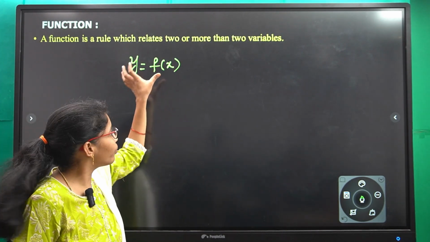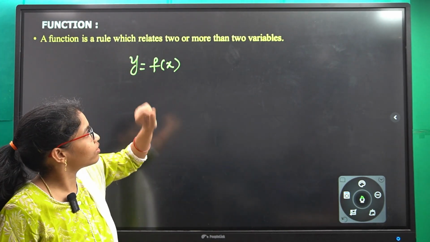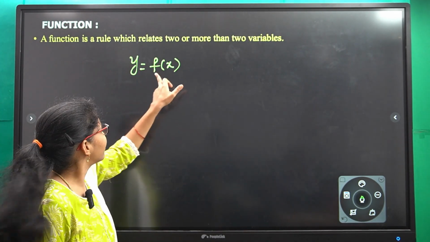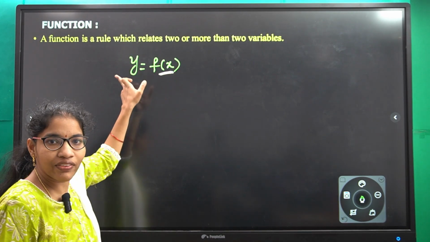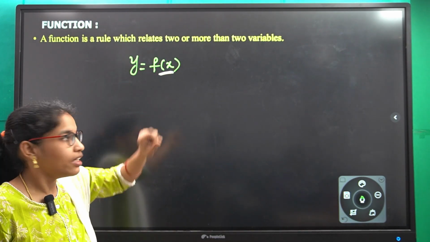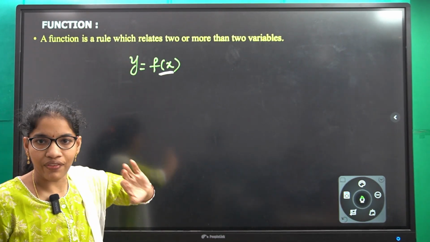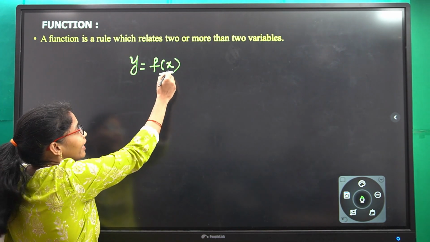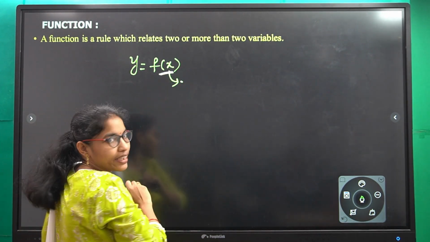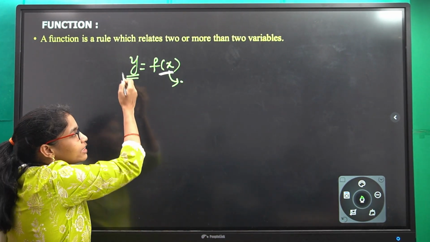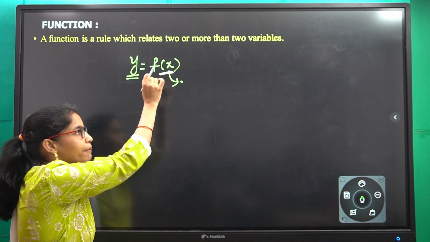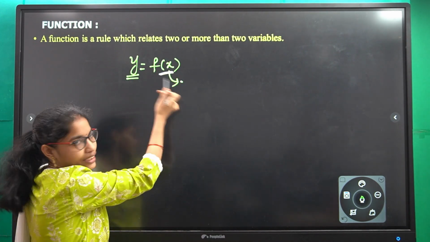In that function there are two variables, one is independent and the other one is dependent variable. Observe here, I have taken y equals f of x as one function. Here x is independent, and this y is dependent on this x, right? Based on this x value only we are getting y, right?